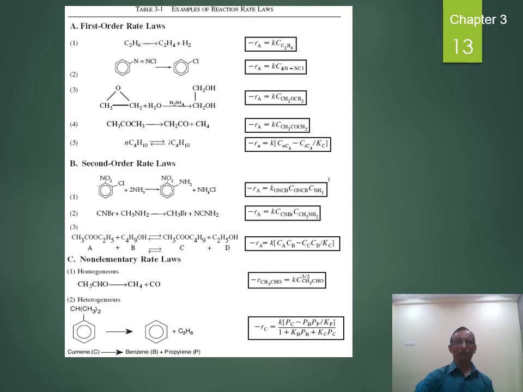If you compare the first order rate law and second order rate law, they have written the rate law by considering the reactions to be elementary. If you compare these with the non-elementary one, it is not directly related to the concentration raised to the power, that is called the order of the reaction. Here it is 3/2, but the stoichiometric coefficient is 1. So it is not directly related to the stoichiometric coefficient. But in the elementary case, what happens to the order of the reaction? It is directly related to the stoichiometric coefficient of the reactant.